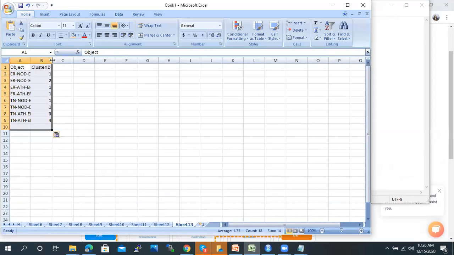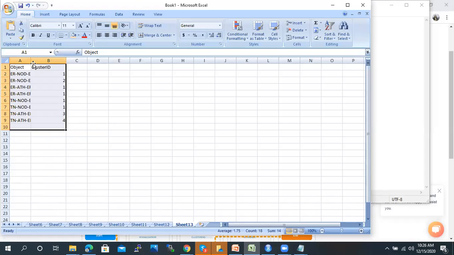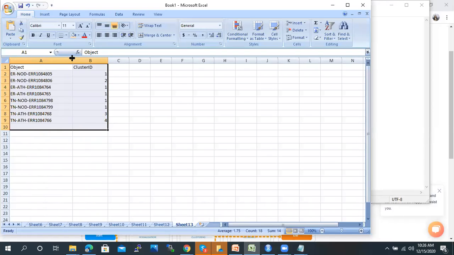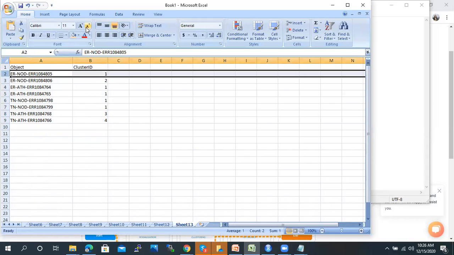So here what you are getting is the cluster ID. So you can also find out exactly, apart from that dendrogram, that this particular sample is clustered in cluster 1. Then these are cluster 1 samples,